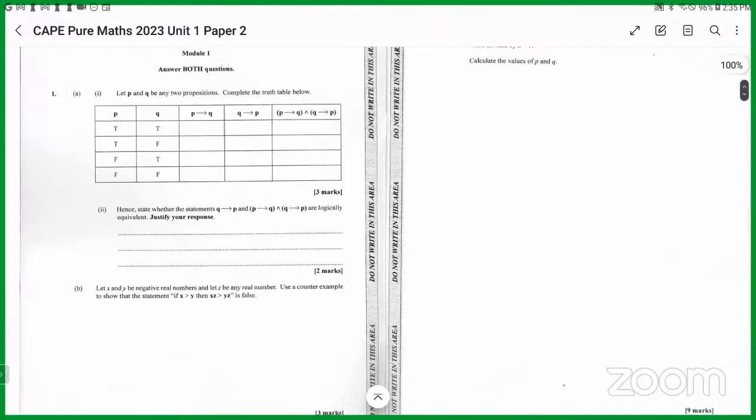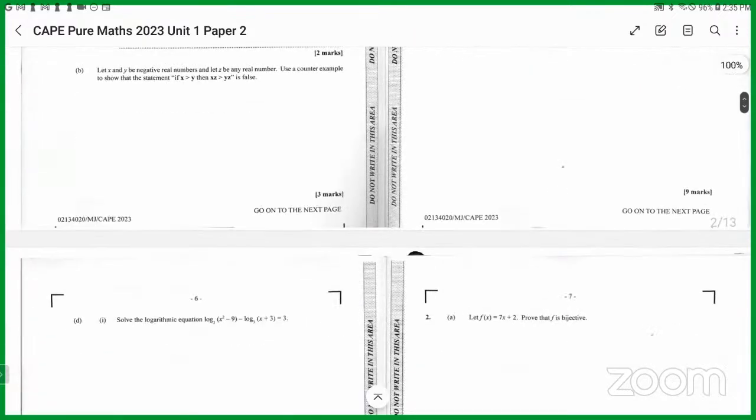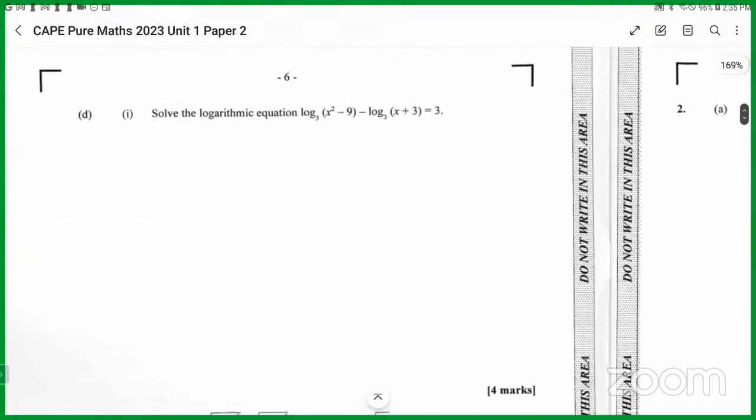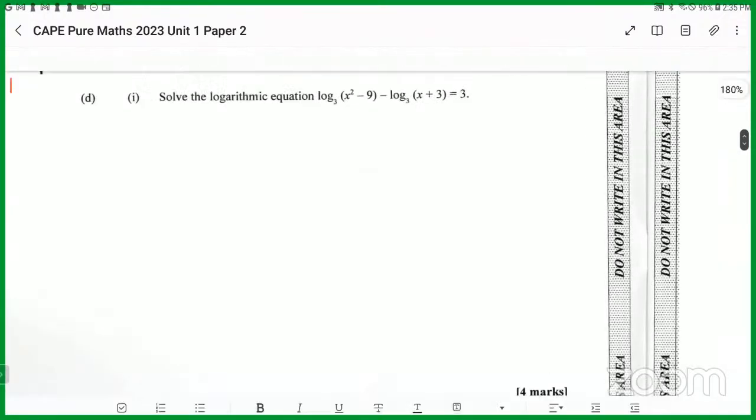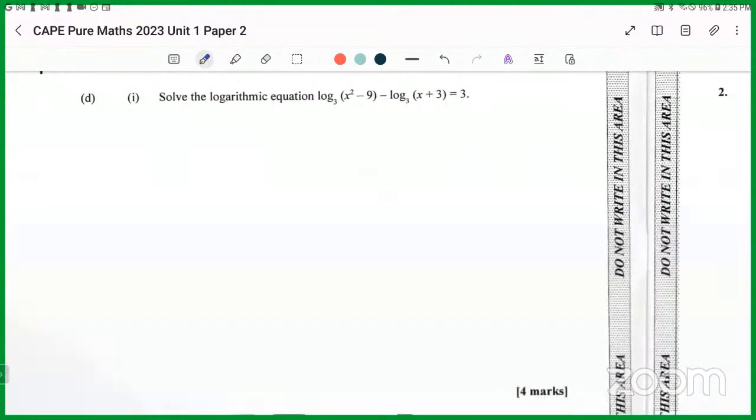Number one has a number of parts. And part D of that question is a logs question right here. Now remember, the key thing is to know the laws of logs. You can't do these questions unless you know the laws. I went through the laws, and even some additional information about logs that you must know in order to do the questions. So they give us this log equation to solve. Solve means you have to find the value of x that satisfies